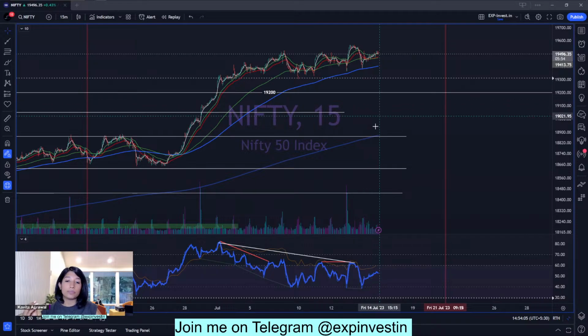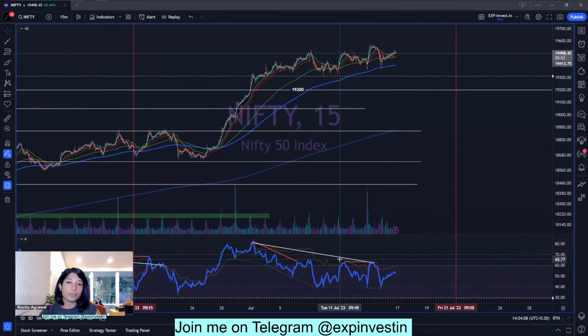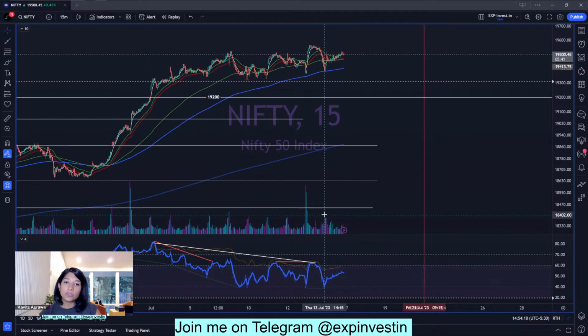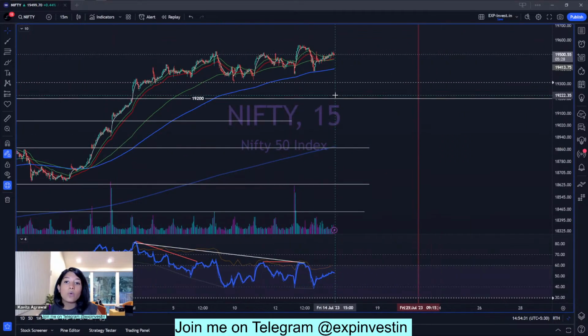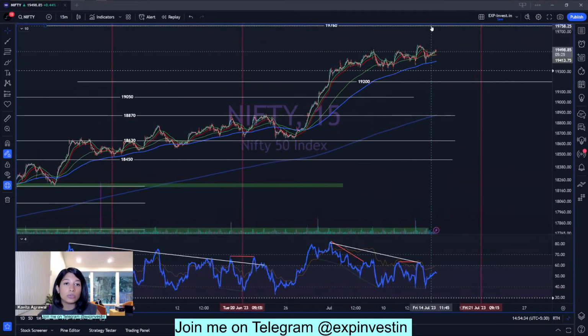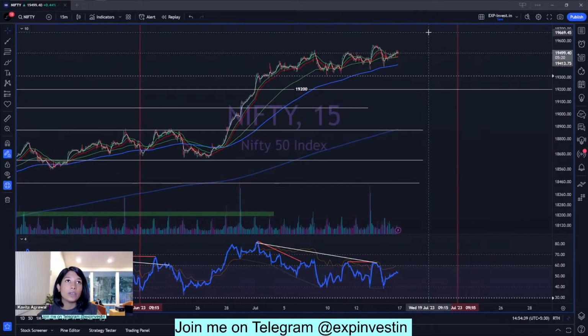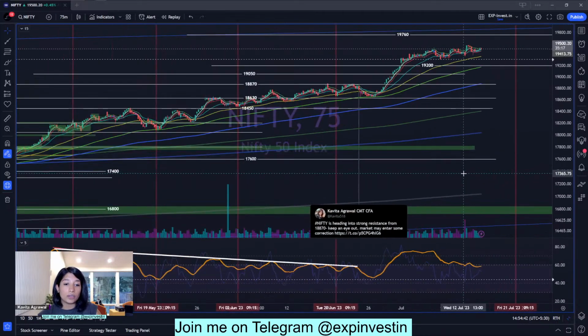Okay, so like I was saying, when a negative divergence occurs, it can mean one of two things. Either the uptrend or the downtrend is coming to a halt, or a reversal is about to happen. At this point of time, it is difficult to say whether we are going to go into a bearish trend, but because of the occurrence of this divergence, we can sense that the uptrend is not as strong as it was in the past. Now, what would it take for the uptrend to continue, or rather convince us that it's still in a strong momentum?